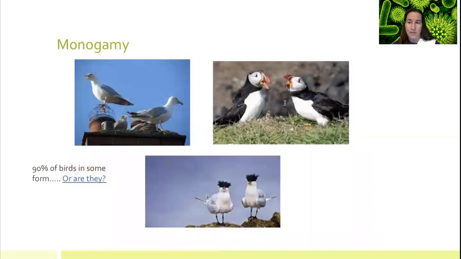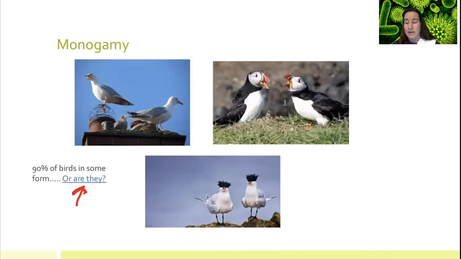Other types of monogamy, they may be together just for that season, and they will raise their chicks together, and then they'll part their separate ways, and then next season it'll be somebody else. Even within the season, though, they are not always faithful to the partner that is helping them raise the babies. And by the way, raising the babies is a two-parent job. They are eating all the time. And so if one parent doesn't make it, it's likely that the babies aren't going to make it, because I don't think one parent can do the job and feed this baby all the time like they need, especially not multiple babies. They eat like crazy.